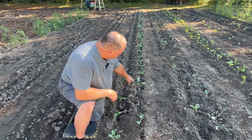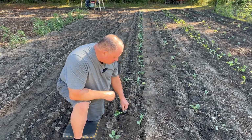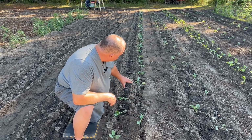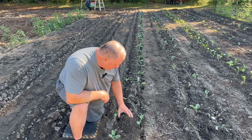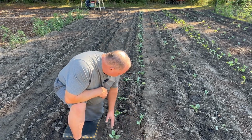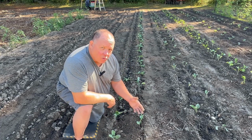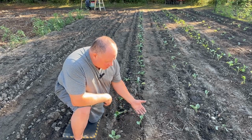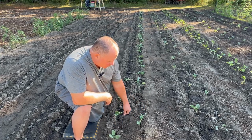And as you might can see a little bit, I ran my drip tape first. I turned the plow set around on the double wheel hoe and used that to cover the row, or cover the drip tape, excuse me. The way the plow set works is the blades on it create these 2 little mini furrows. These will work great when you're double row planting something, or in this case, I am double row planting it, but not necessarily in the traditional sense, but I'm using that to my advantage for the